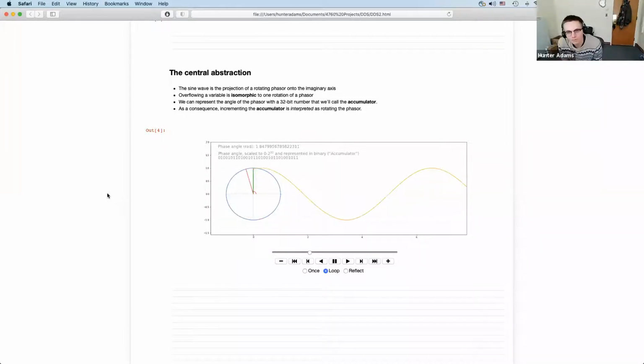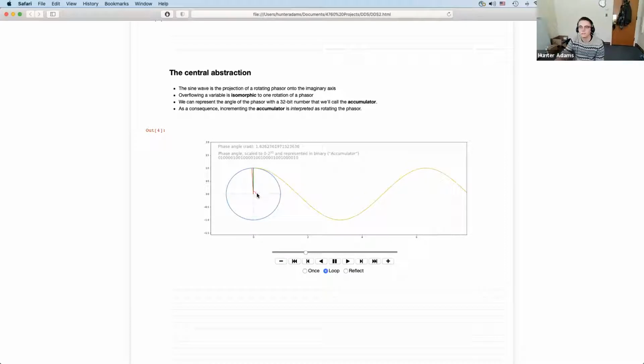The observation upon which direct digital synthesis is built is that this phasor completing one rotation is isomorphic, which is to say it can be thought of as the overflow of some variable. Consider this angle that's being drawn here as this thing rotates. This angle goes from 0 to 360 degrees, or 0 to 2 pi radians. And the observation is that if we represent this angle with some 32-bit variable that we'll call the accumulator, and